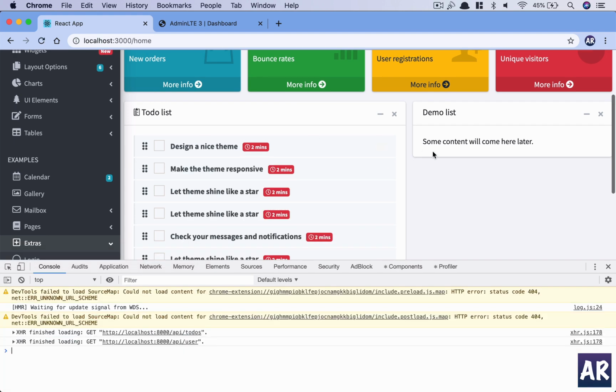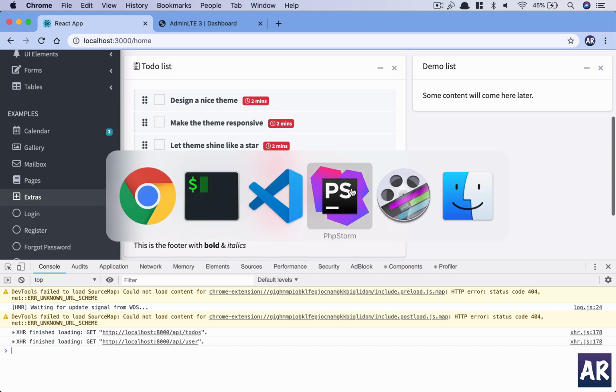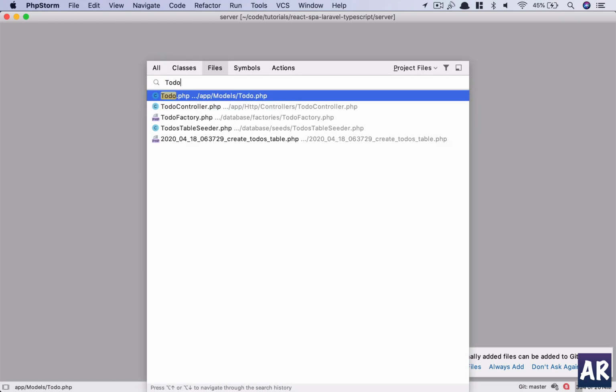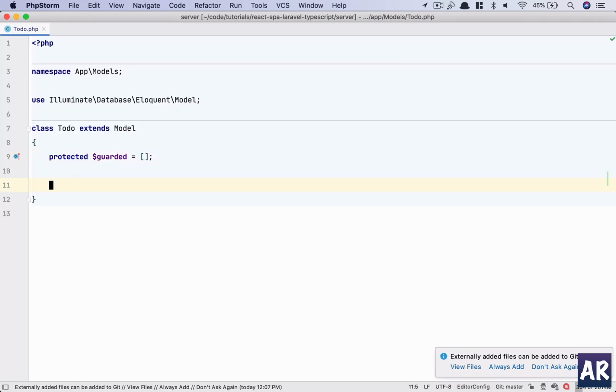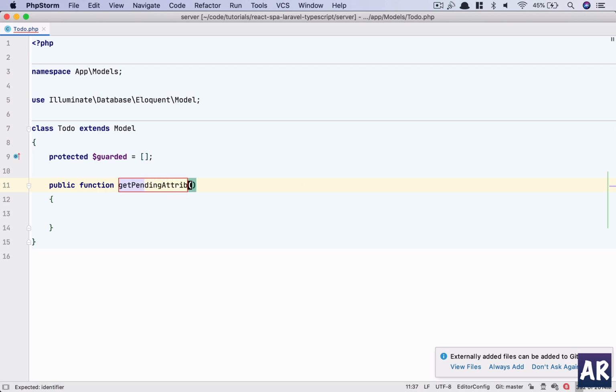All right, so the new changes are visible now, and I can see that the checkboxes are properly visible. Now everything says 2 minutes, and this is where we will use certain attributes in the model. One is the mutator, and then the other is append. So let me open up the model,